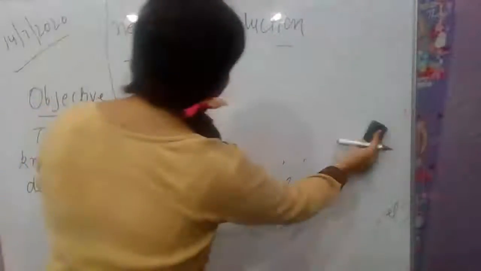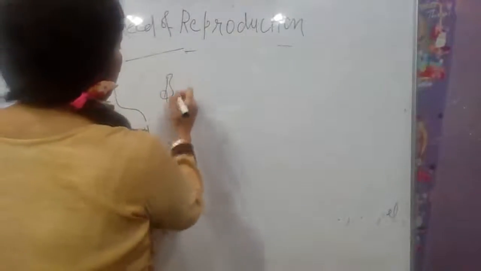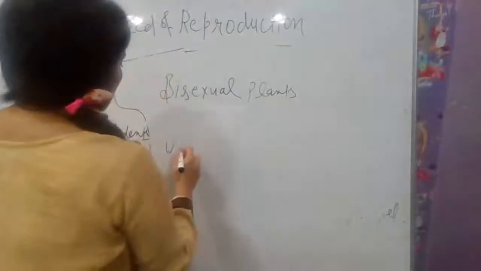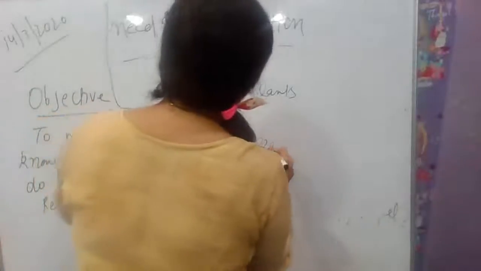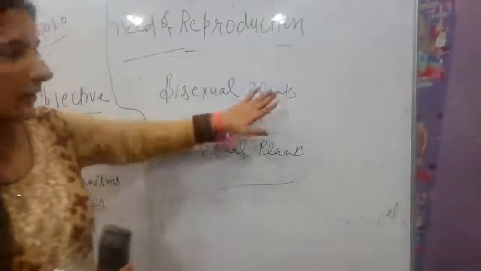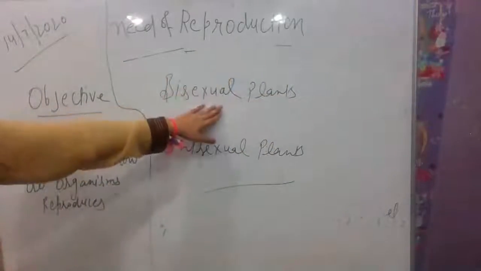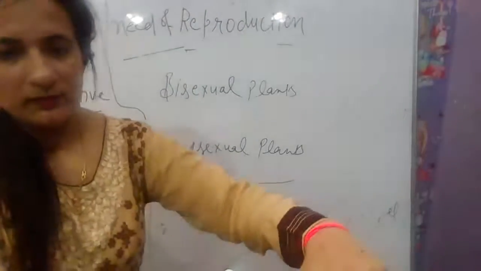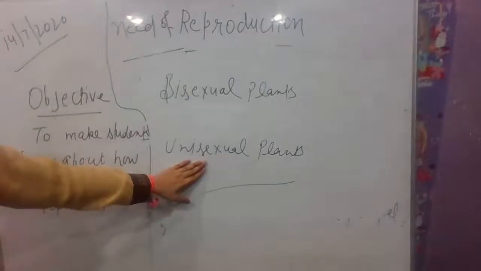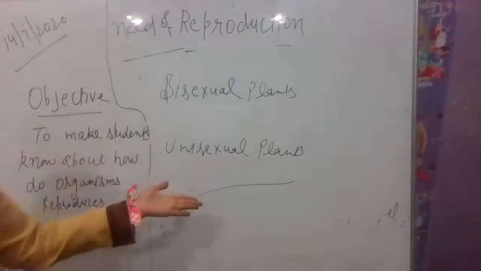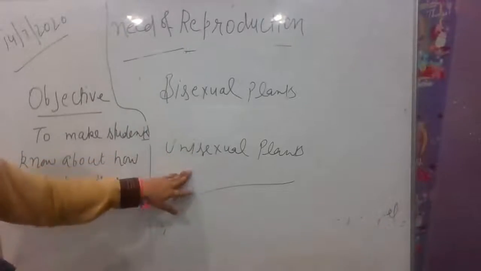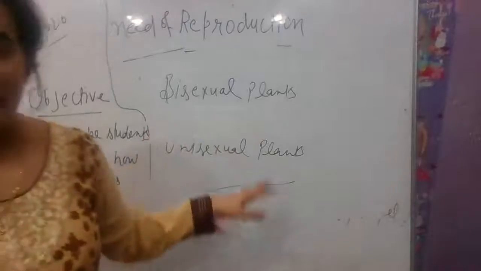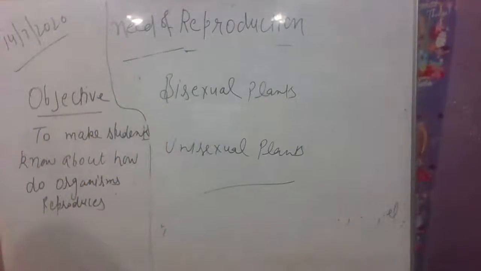Beta, this is important. In exam, they can ask questions about bisexual flower, bisexual plant, and unisexual plant. Bisexual plants consist of male and female reproductive organs on the same plant. Example, mustard plant, hibiscus plant. And unisexual plant consists of either male or female organ in the same plant. Example is papaya or watermelon. Now come to the process of reproduction in these plants. But before starting it, we have to just cover the topic of